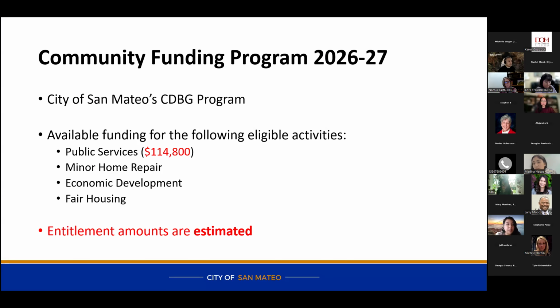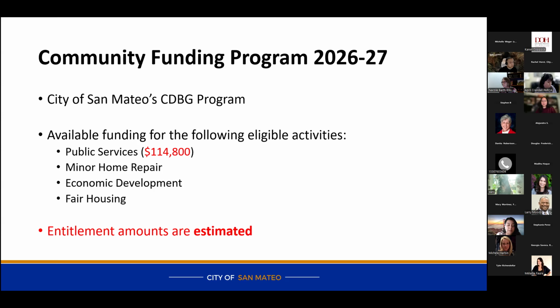So we currently have our NOFA open for a community funding program for the fiscal year 2026-27. This community funding program is the City of San Mateo's CDBG program. We are accepting applications for the following eligible activities. For public services, we have an estimated budget amount of $114,800.